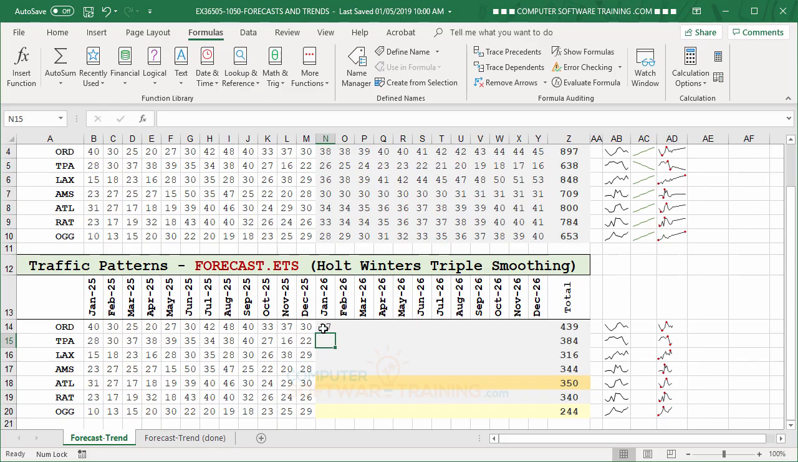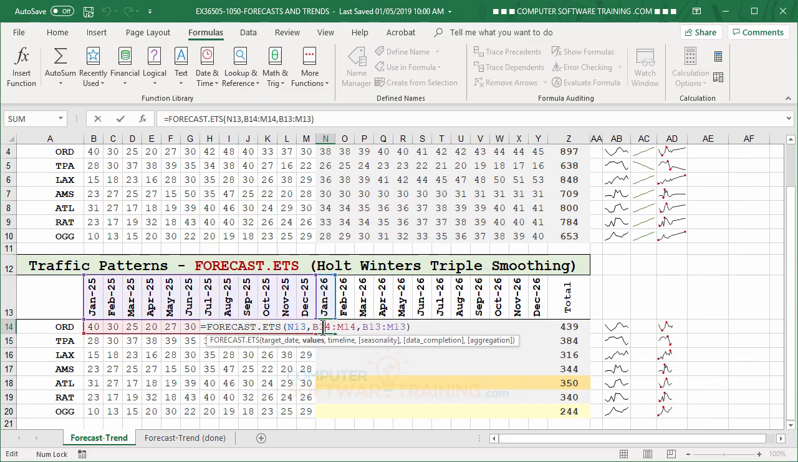Okay, now we're going to go back in there. I'm going to double click this. And now we're going to make certain parts absolute and all that, just like we did before. So the reference to January here, we want to make sure that when we copy this formula across, that will change to February and March, but that when we copy it down, it will not change the row. So what we'll do is, we'll just click onto the N13